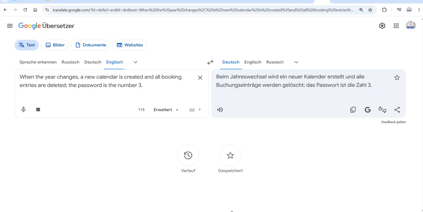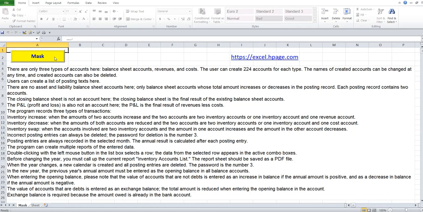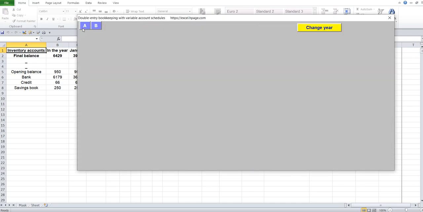When the year changes, a new calendar is created and all booking entries are deleted. The password is the number 3.